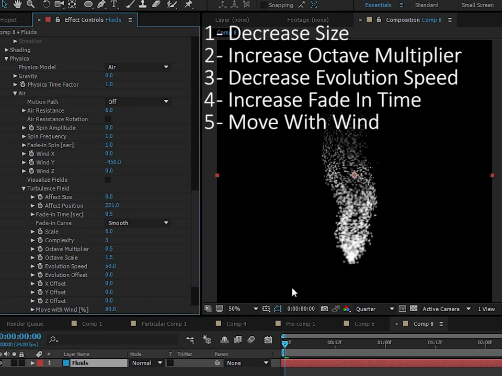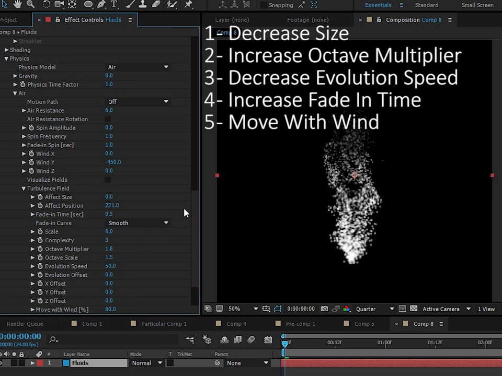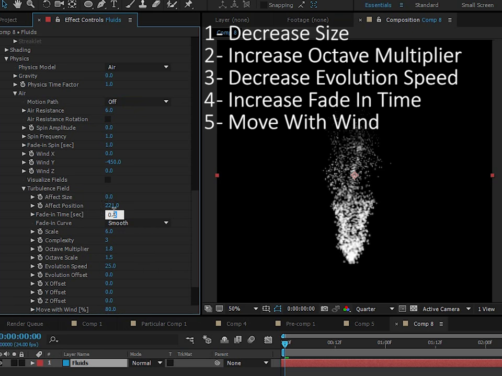So you really increase the size of this distortion, and we don't want the detail of this distortion to be in the scale. We want it to be in this octave multiplier. So we'll turn this up to like 1.8. So now we have a lot of detail, but it's not because of that size. I also like to change the evolution speed down, and maybe we just change this fade in time seconds to